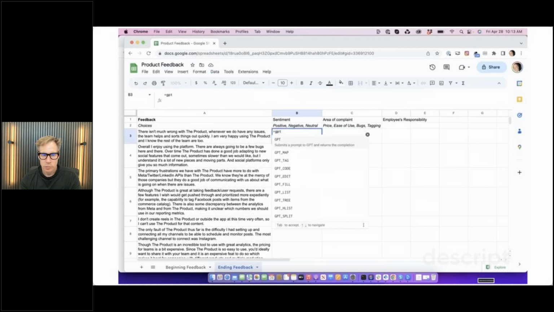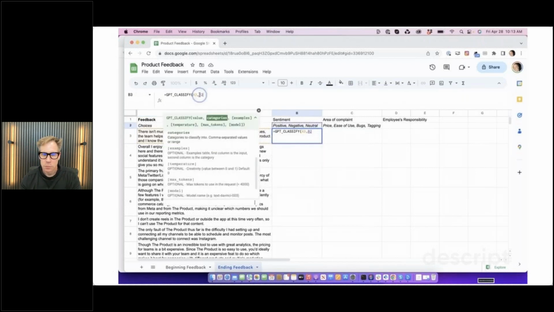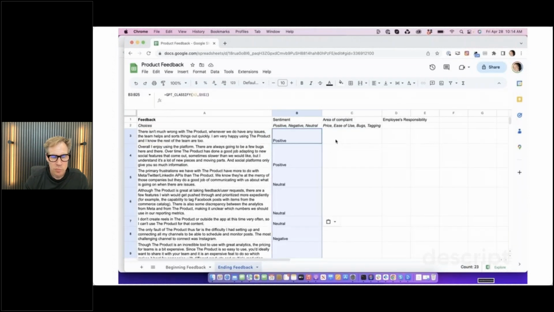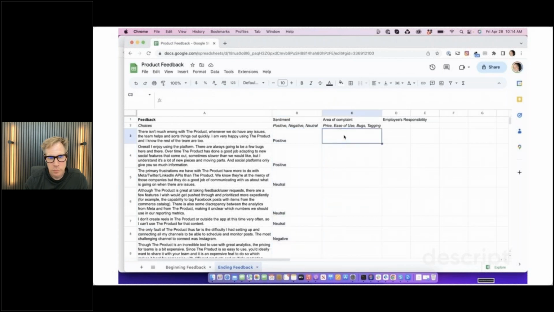So we'll use the GPT_classify. And we have the value that we want to look at and the different kinds of sentiments. So we've got positive, negative, and neutral. Those are different feedbacks across the board.